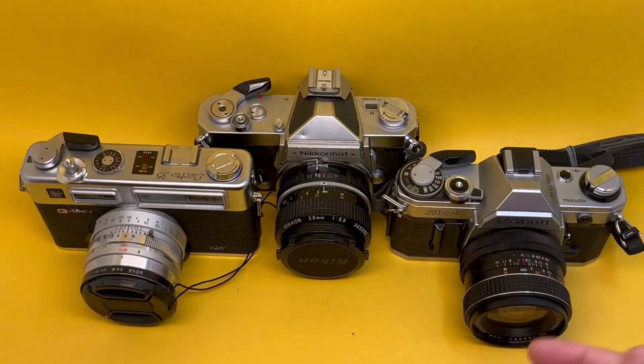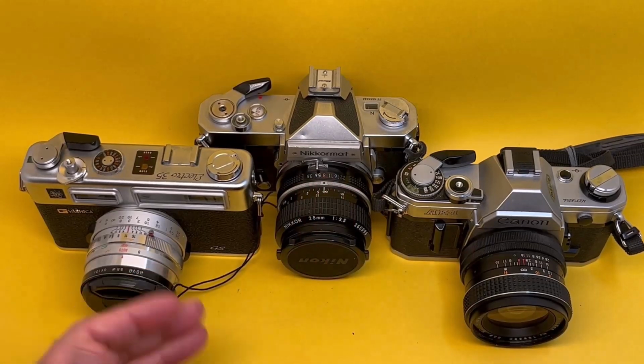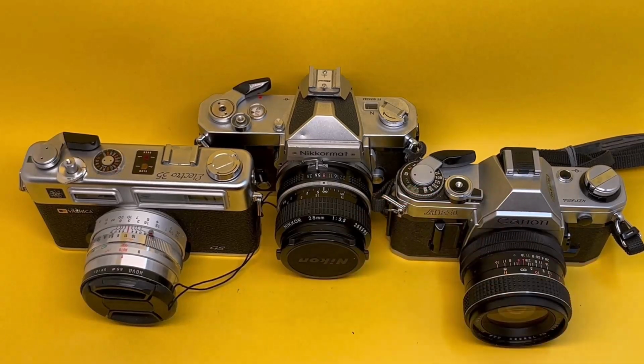All of these vintage cameras have a common problem. You can't get the batteries needed for the light meter to work. Yashica Electro 35, Nikkormat FTN, Canon AE1, all iconic cameras of their time. For Nikkormat, we need